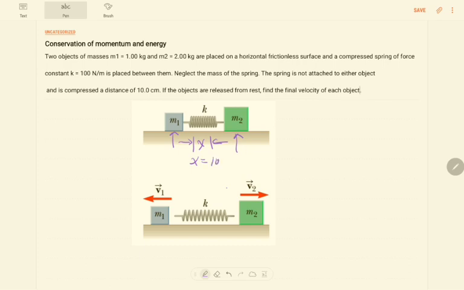So the compressed length x here is in fact 10 centimeter. Of course, from our given information, the mass of block 1 is 1 kg, and the mass of block 2 is 2 kg. And the other constant we are given is the spring constant, with the two blocks being held together by 100 Newton